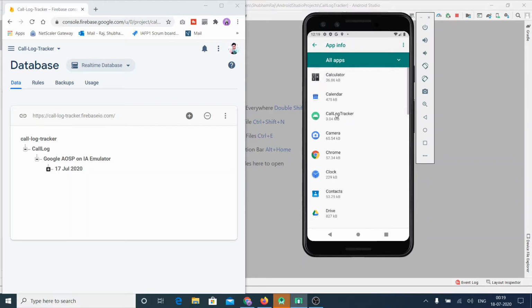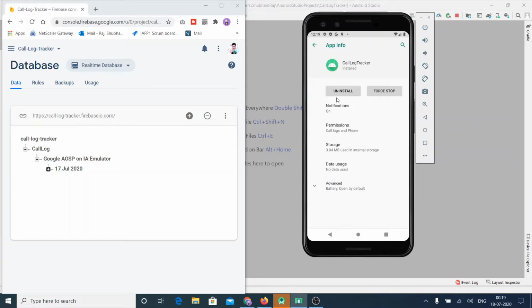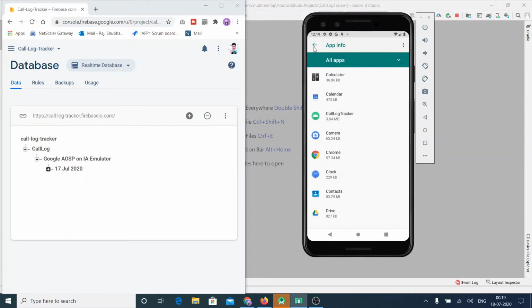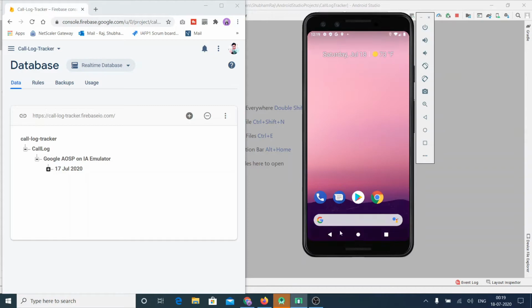So from here you can find the apps and you can uninstall the app. My tip for this is, you can check the apps from here on a daily basis. If checking daily is not possible, then you can at least check once a week, it will be fine. It may happen that a person can secretly install some app inside your phone so that you will not know, and that app will be hidden.